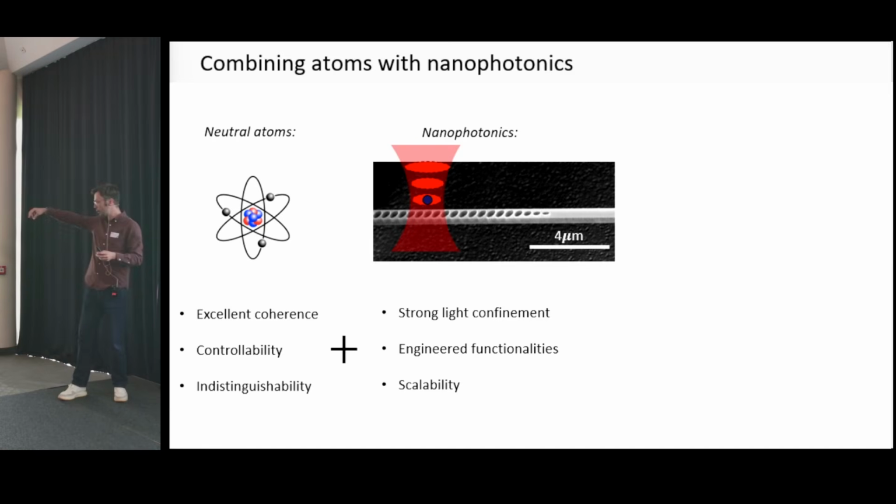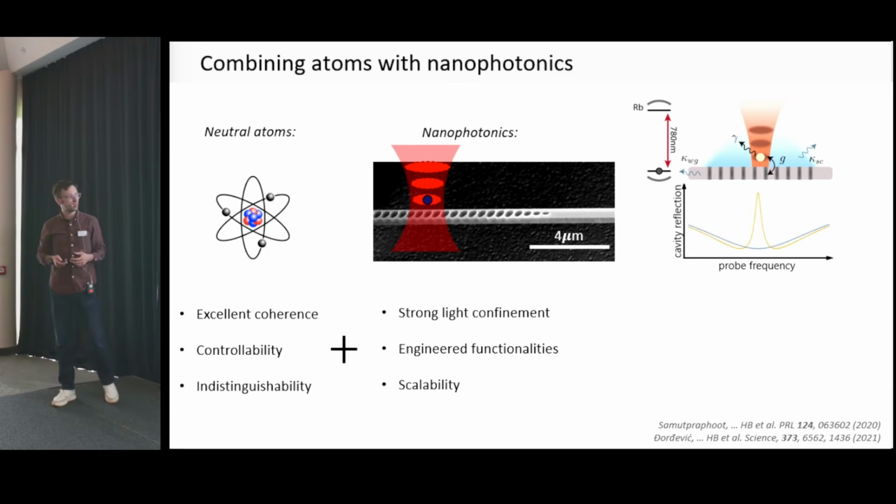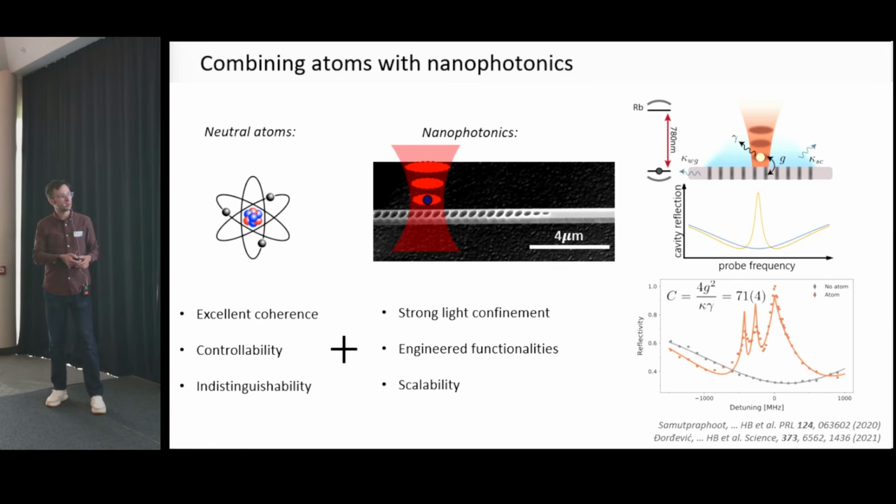You basically just take the optical tweezer, put it on top of the cavity, and then you evanescently couple to this optical mode. Here's an example where we have done that. This was during my postdoc, where we took a single rubidium atom, put it on a nanophotonic crystal cavity, and then you can see how a single atom changes the reflectivity of a cavity. This is theory, empty cavity, you get this reflection, and if a single atom is coupled strongly, it should be able to break this resonance. And this is exactly what we see here, a single rubidium atom coupled to the cavity.